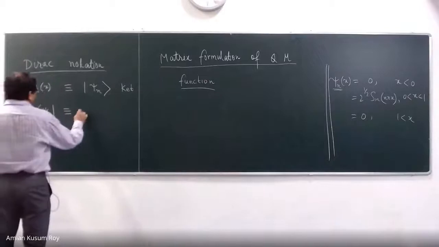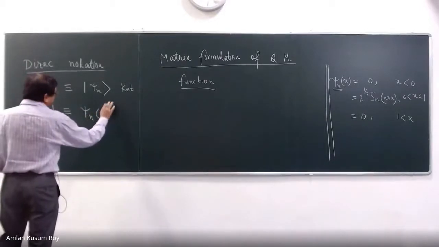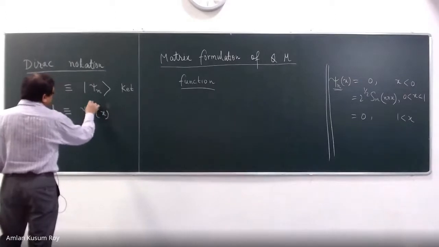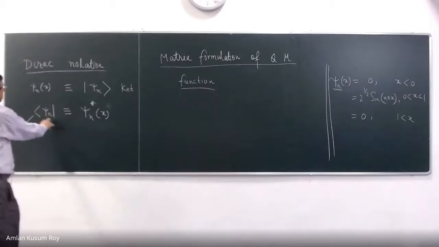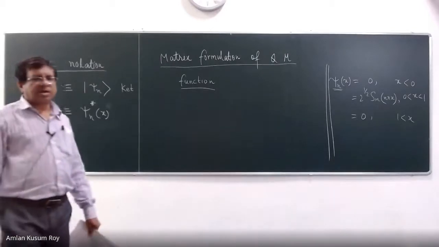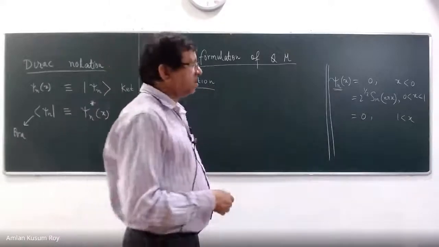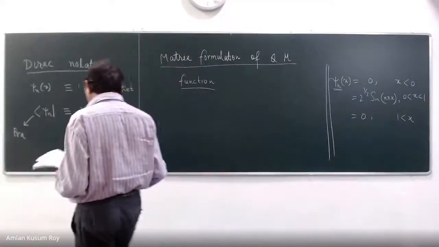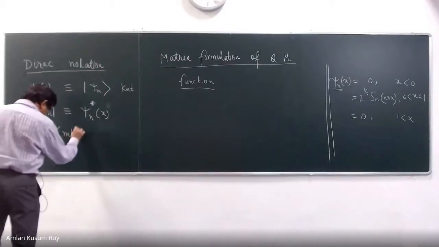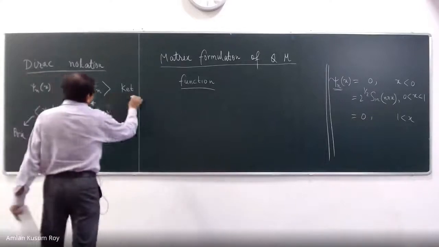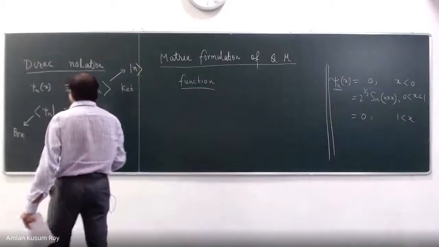So this thing is actually psi n of x star. This is my ket, this is my bra, and you can go back and forth from bra to ket by this. But what is important is that I am going to write this as this. Sometimes we can also write it like this, sometimes we will also write like this.